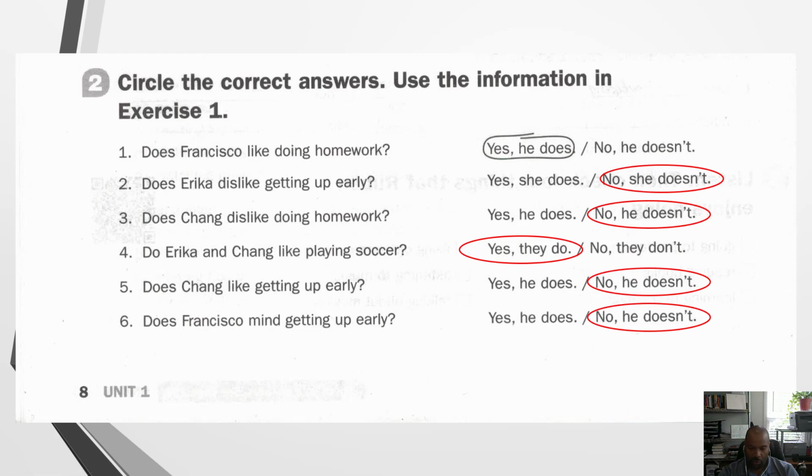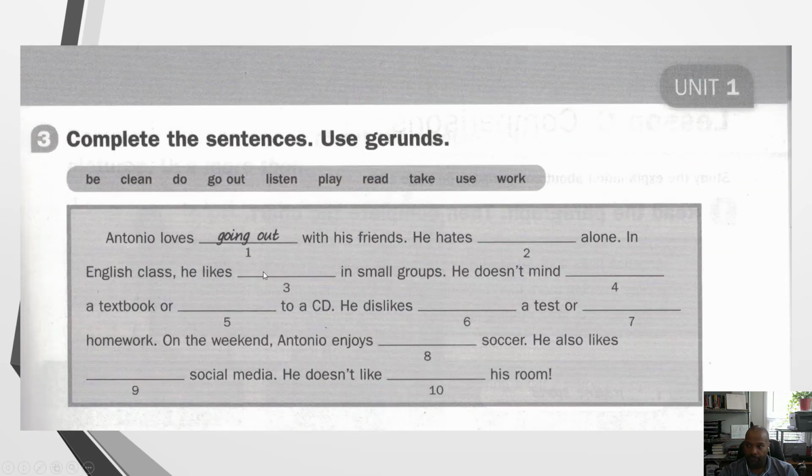Okay, so now we're on page 9. So let's turn the page. Number 3, complete the sentences. Use gerunds. But before we do that, let's look in our word bank here, and let's look at these words. First word is be,